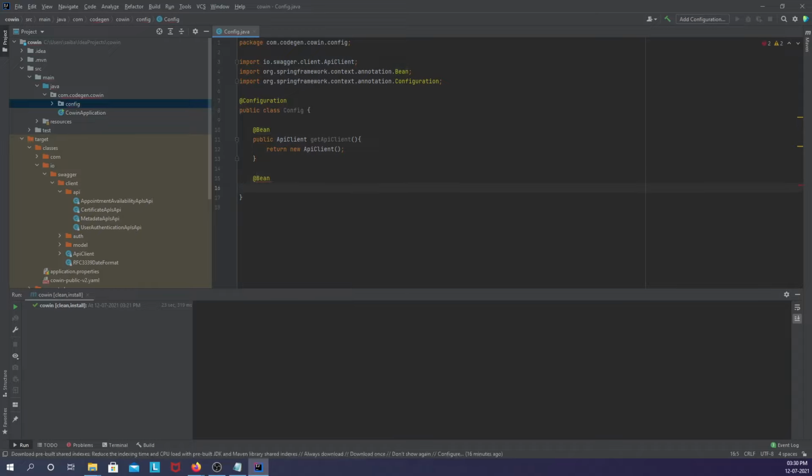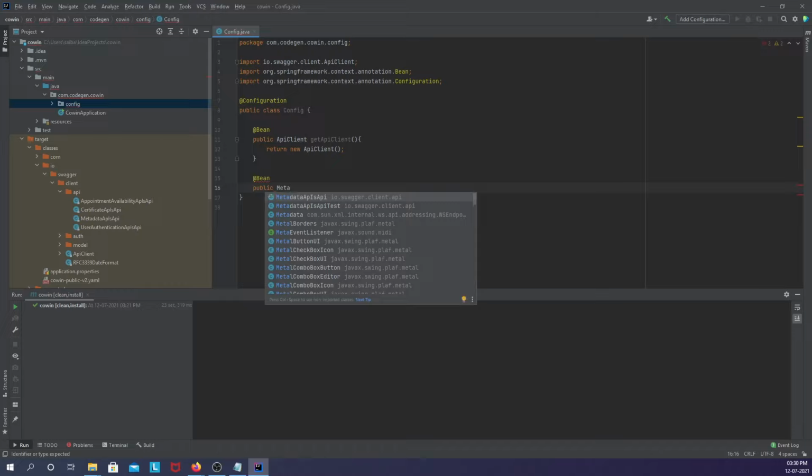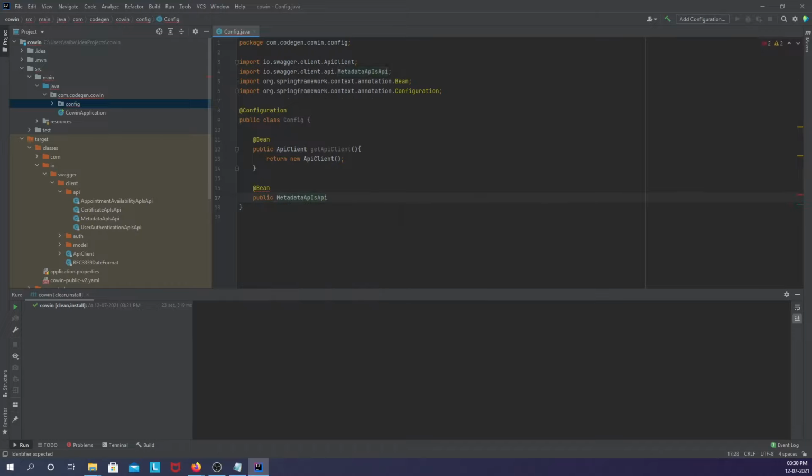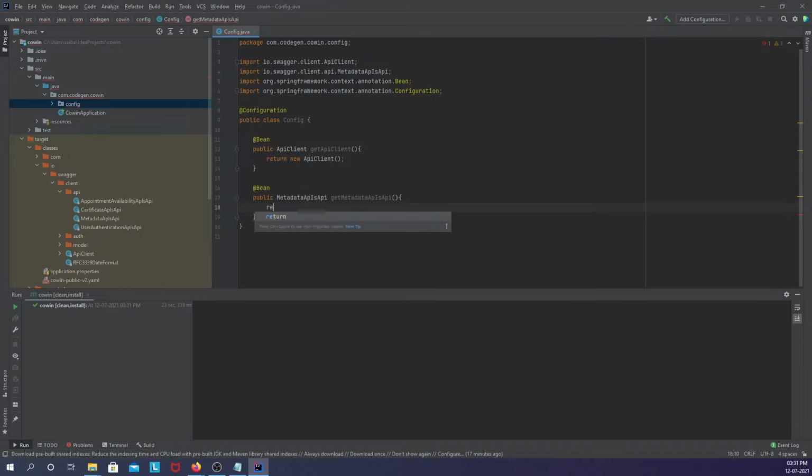So let's begin with a simple API, which is the metadata API, which is used to retrieve the metadata about the states and the districts. We need to bind the API client to each of these API classes.